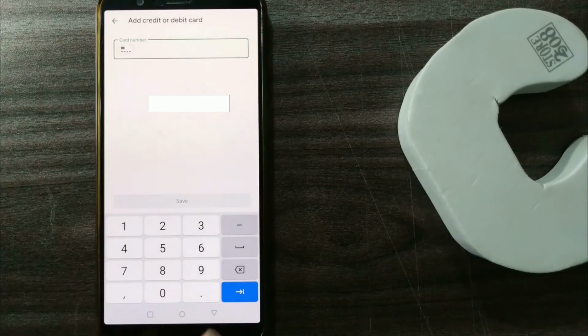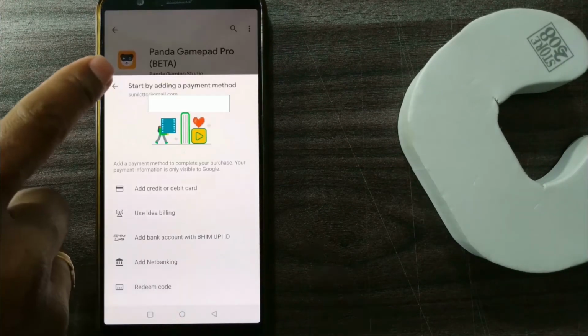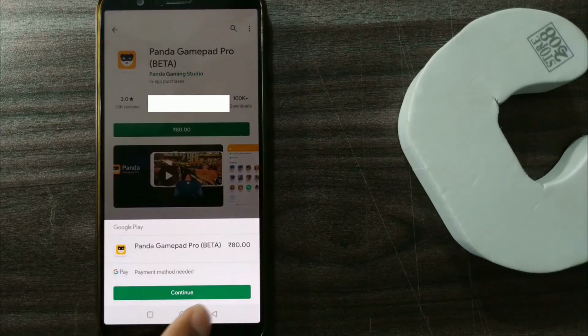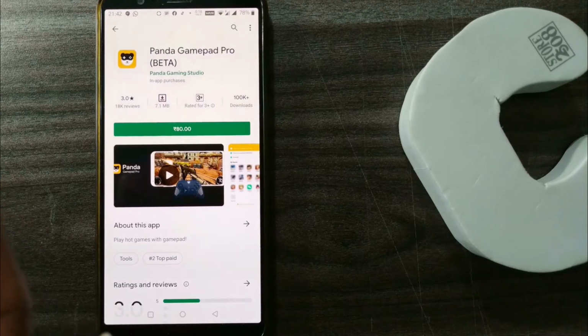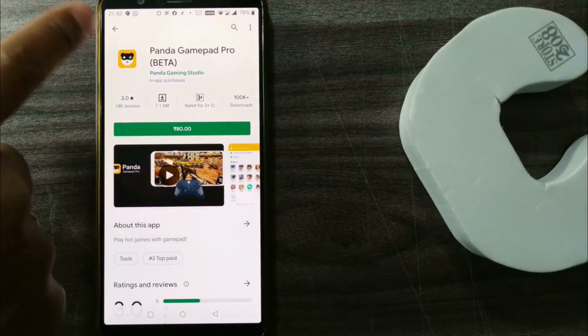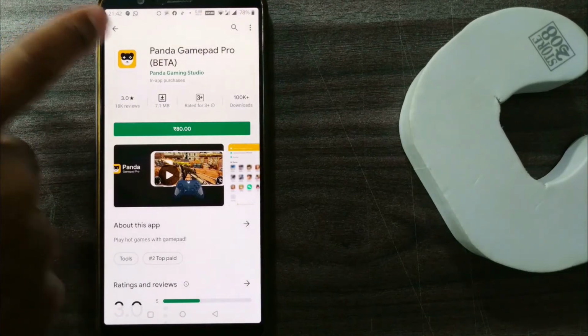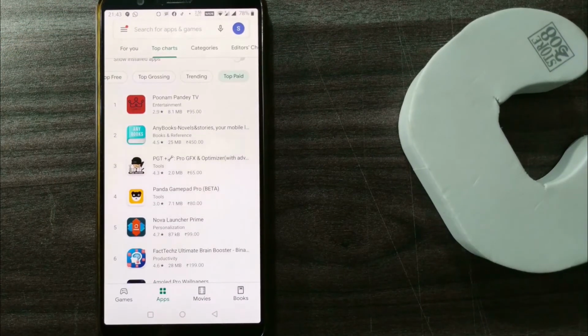You can add your credit card or debit card number. So this is how you install a paid or a free app in your Android phone. Very easy and very useful if you have your Android phone with you. So please go on and install as many apps as possible, because these days mobiles are getting more and more GBs in memory, so there's no dearth of space. If you find anything useful, just install it and go on enjoying those apps.